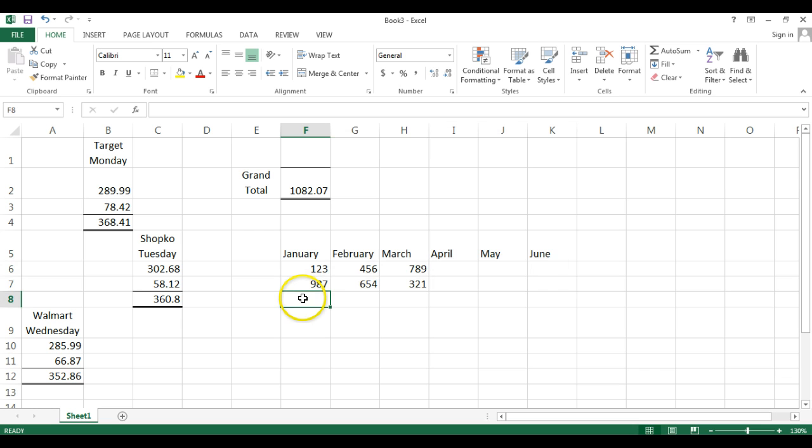Let's see here. I'm going to highlight from F8 over to H8, and I'm going to put my top and double bottom border on. As you can see, it's right there. And then what I'm going to do is multiply. I think these numbers are too small, but that's okay because we can adjust them in just a minute. So what I'm going to do, we start all formulas with an equal sign. I'm going to do F6 times